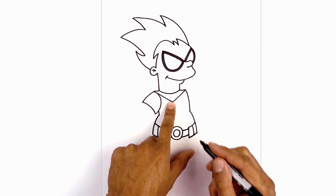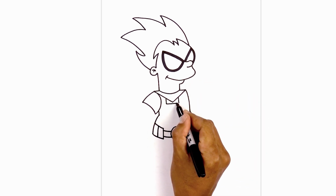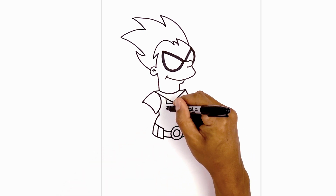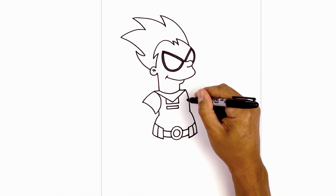Let's add the straps in the center of the chest. On the left side, we're going to draw a straight line coming down. Same thing on the right. We're going to connect the ends with a straight line. Let's add a smaller rectangle just below it. Close off the bottom. Now we're going to add that circle on the side here, starting from the edge of